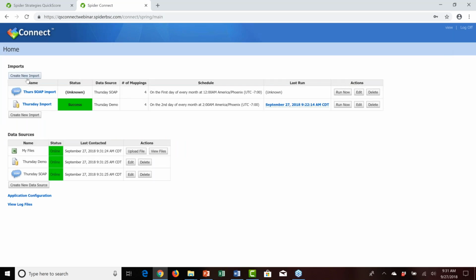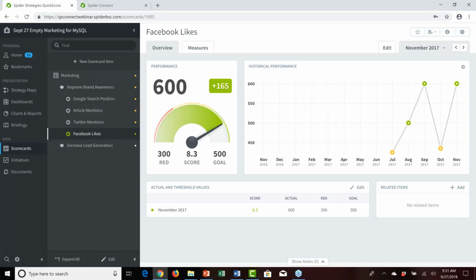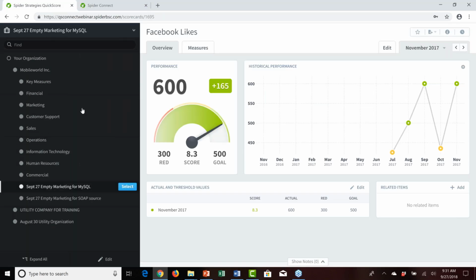And of course, it is now presented under the Imports area called Thursday SOAP Import. It has not yet run, so we don't presently have any kind of status presented. It's unknown. But we'll go ahead and run this right here, right now, to import that information into our other scorecard. And having successfully processed that import, we'll jump back into Spider Strategies QuickScore, and I'll navigate to